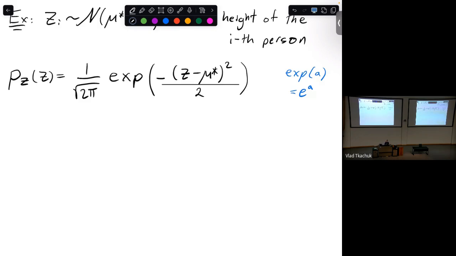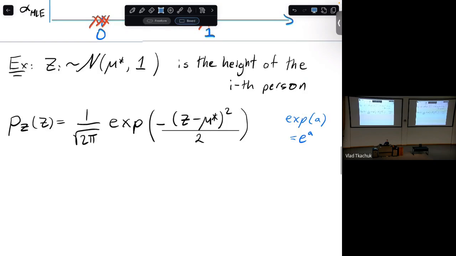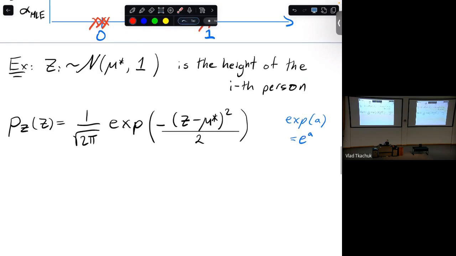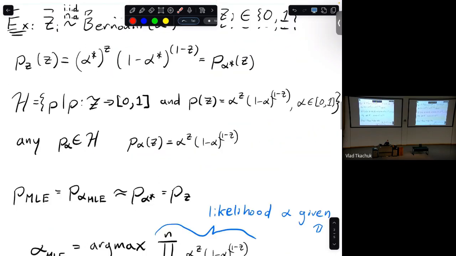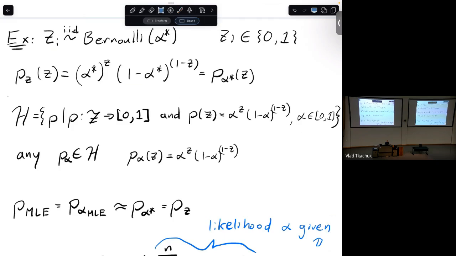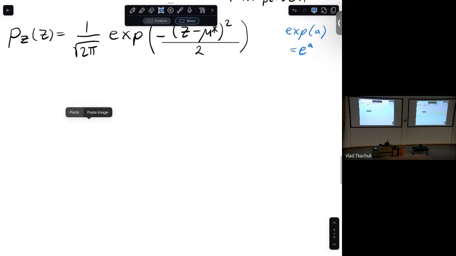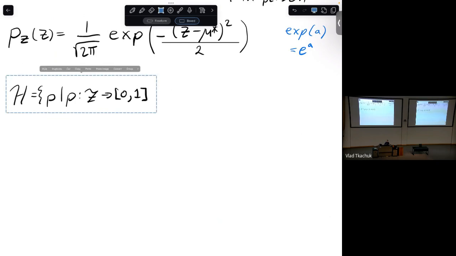Okay, and now what is our function class of things we should search over? Well, in some sense, this is our assumption that the data came from this. If it really did come from it, then we should search over normal distributions with variance 1, and we need to find this mean. We don't know this mean. So our function class is going to be this definition, where we change the constraint or property that it needs to satisfy, which is now